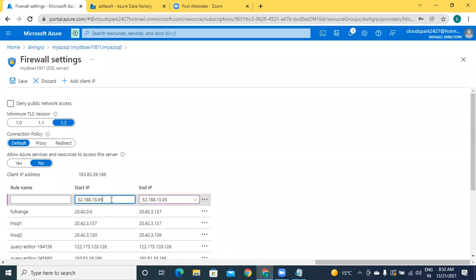Every time the IP address can be dynamically incremented or decremented. Sometimes it is constant. That's why admins will provide a range of IP addresses. The low range I am giving, 0, here I am giving 00, something like that.